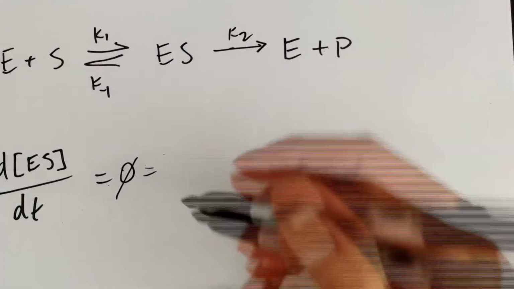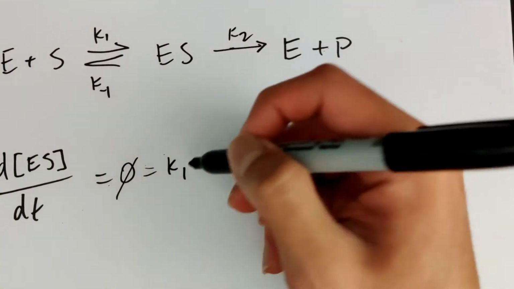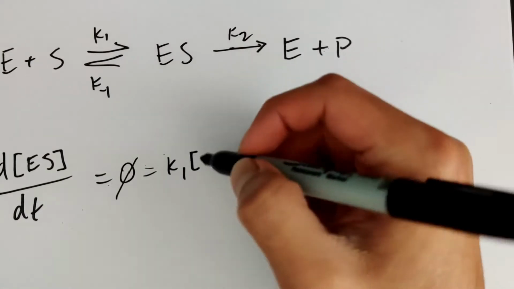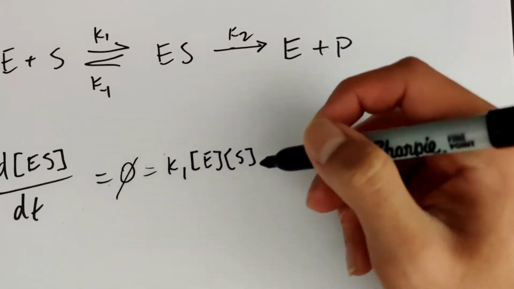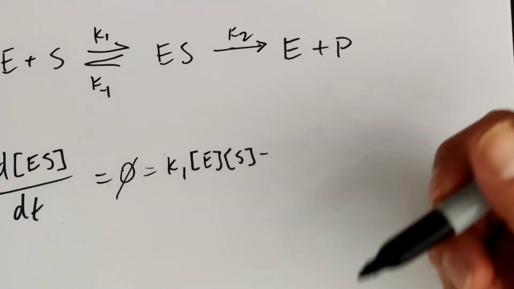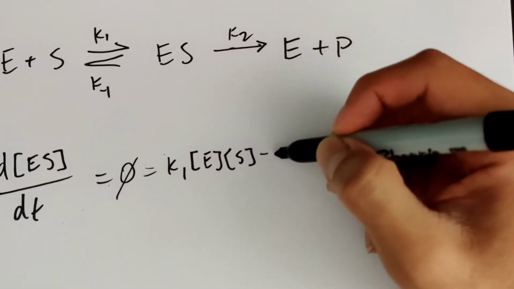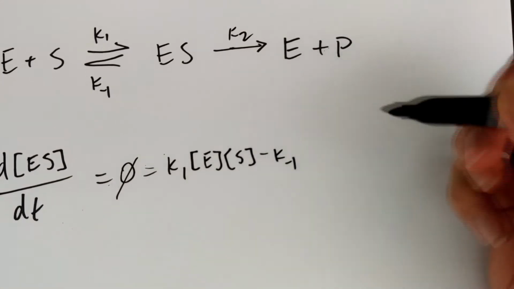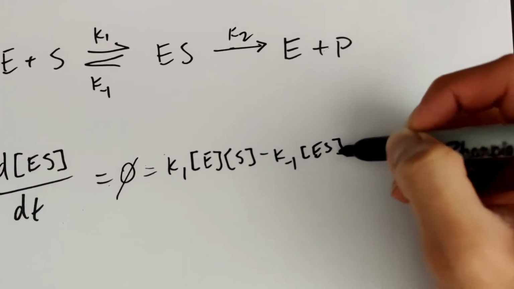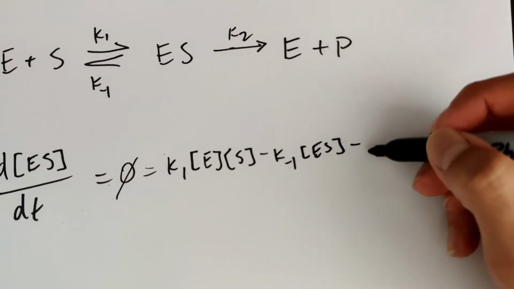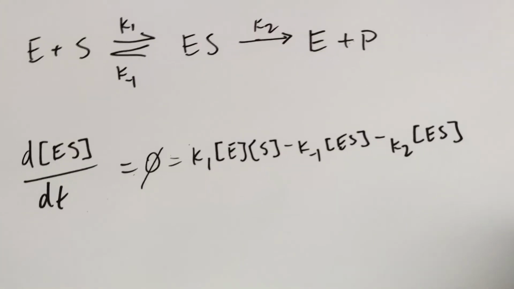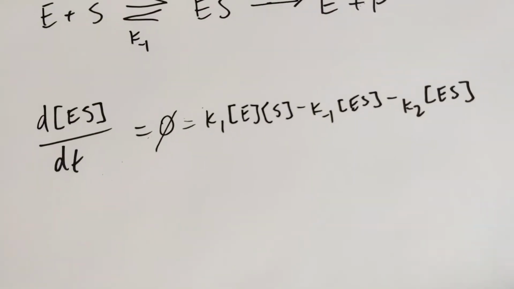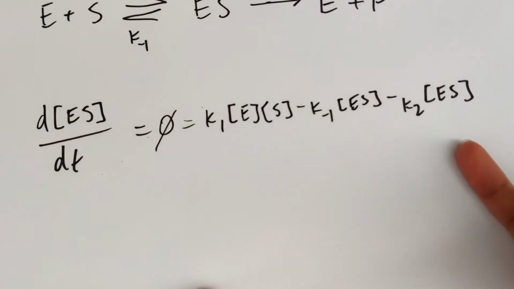So let's write that out. We have K1 times enzyme concentration and substrate concentration, minus, as it is being depleted, K minus 1 times [ES], minus K2 times [ES]. Alright, so good so far? Okay, so to continue as we derive this,